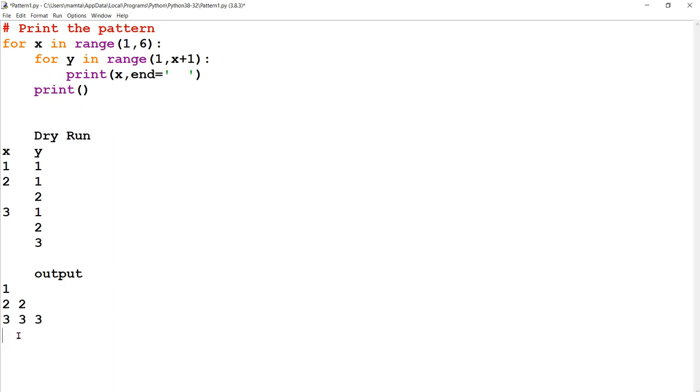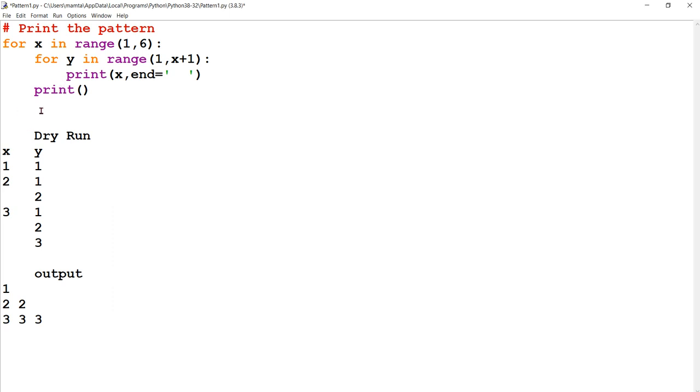Line gap is always given when you are printing a pattern of 2 dimensions where row and column are there. When the row and column concept is there, the print statement usually is written outside the inner loop and inside the outer loop.